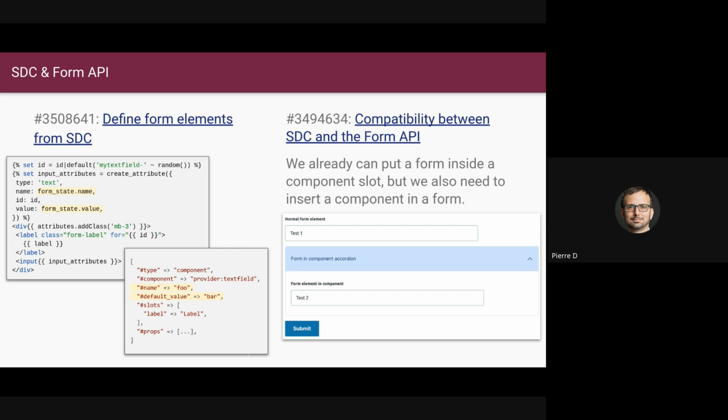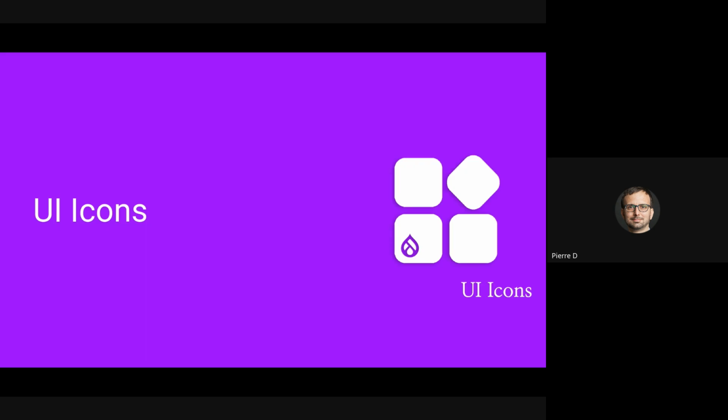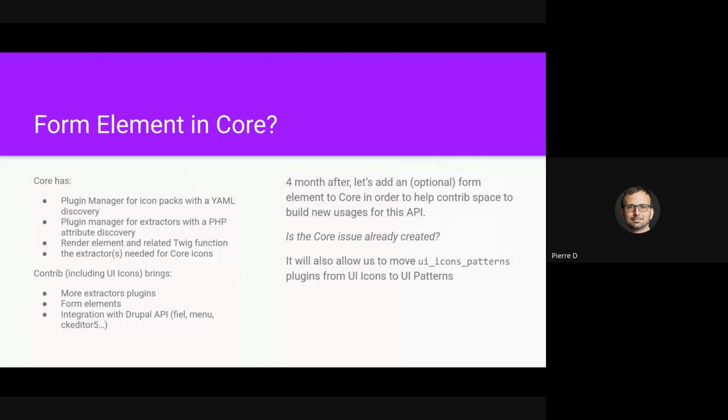Okay, let's move on. Can't wait for the Drupal Dev Days talk next week, Florent. Oh, yes. Let's talk about UI Icon. Jean, do you want to talk about this? Maybe you are not ready yet. Jean will be ready later. Okay, so